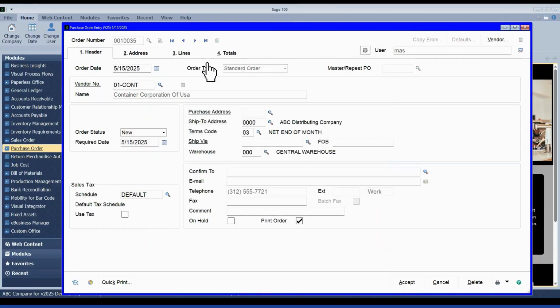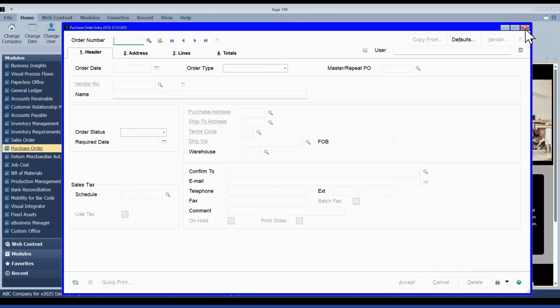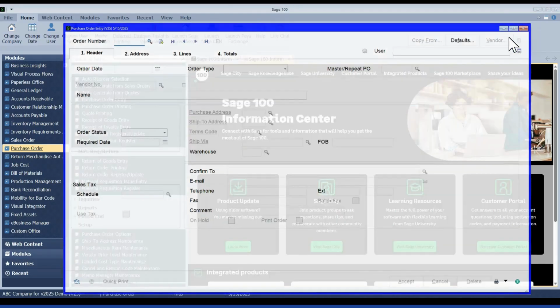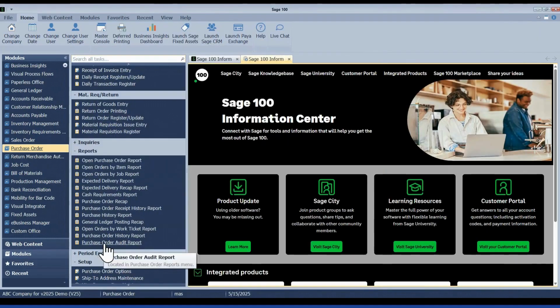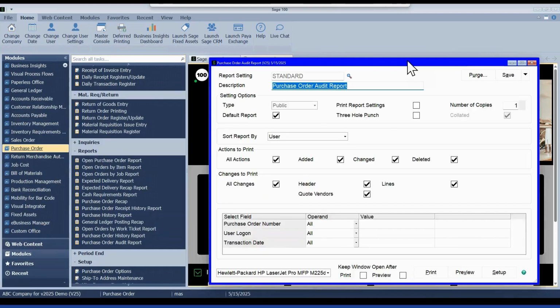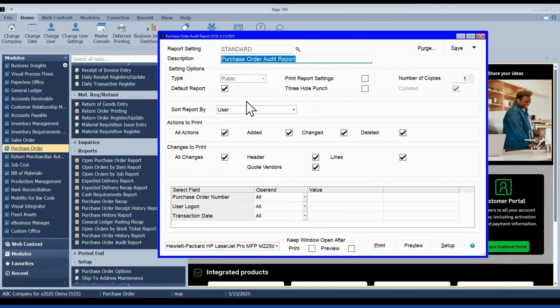Now, if I do go to the PO reports, same thing as on the sales order side, there's a new purchase order audit report. I've got those same kind of fields. We're going to talk about quote vendors here in just a moment.